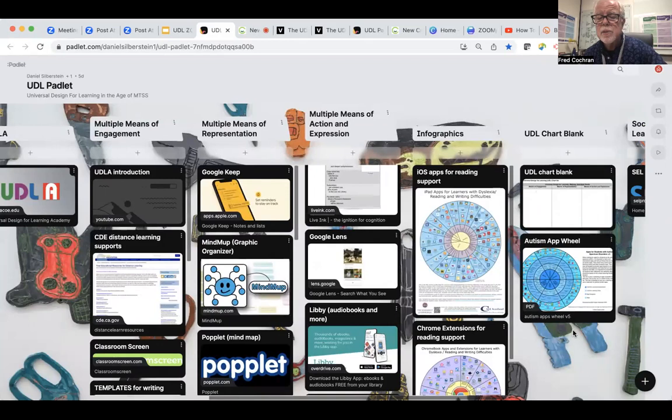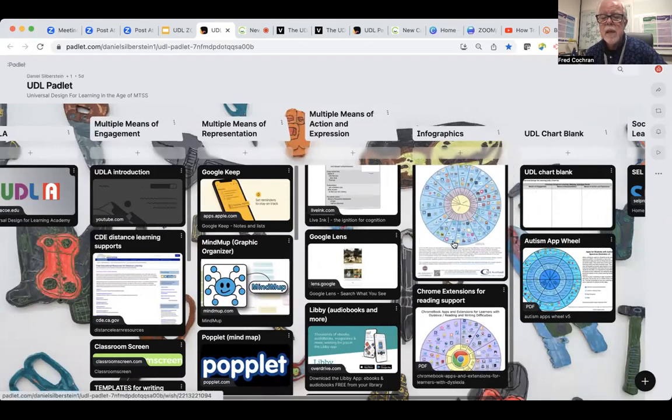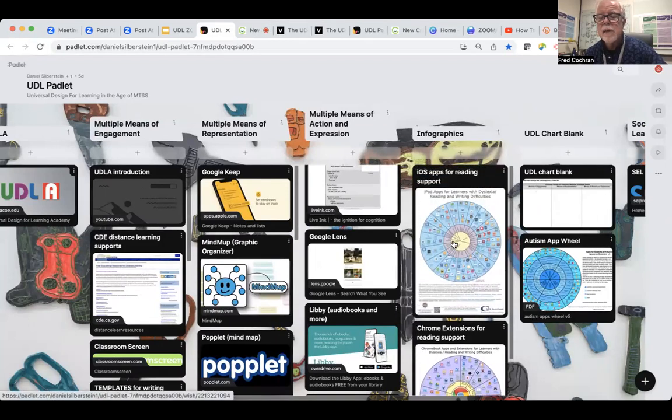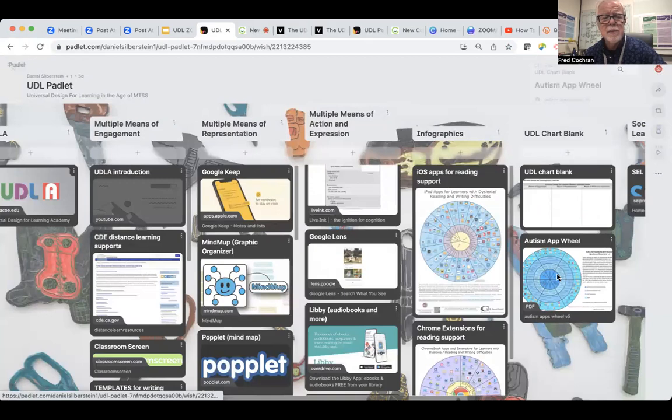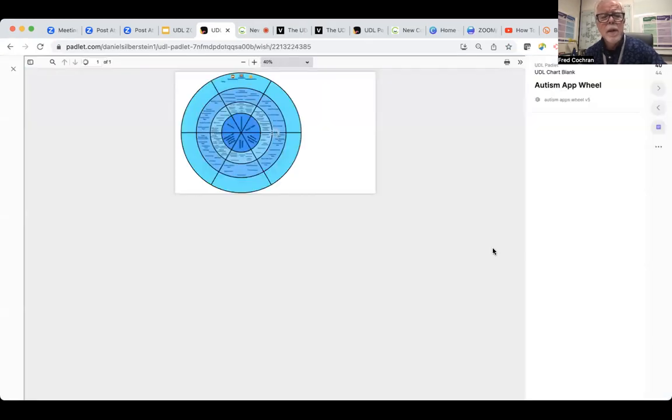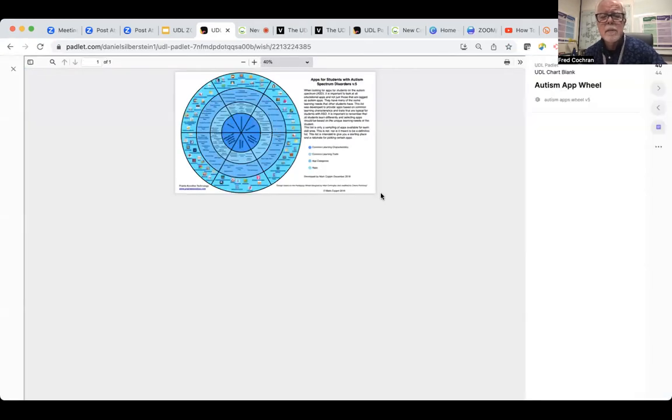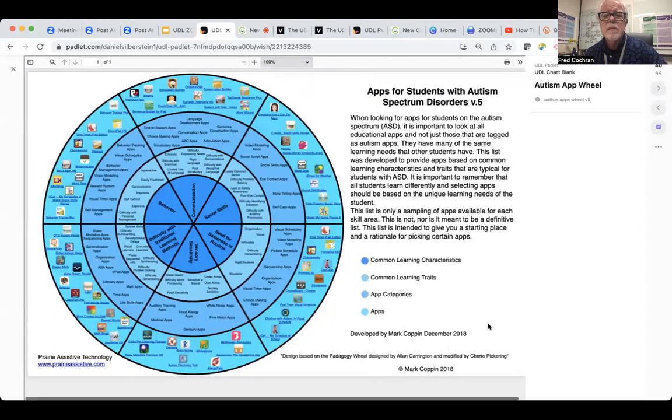Some special supports for reading. You may have students that are on the spectrum. I think this is an interesting tool here. It's a little small like this, so let me increase the size. This is apps for students with autism.